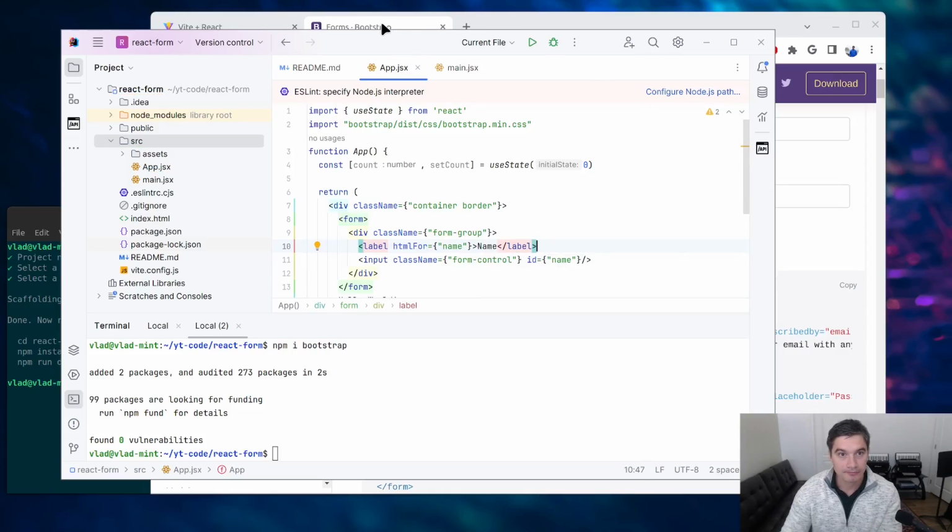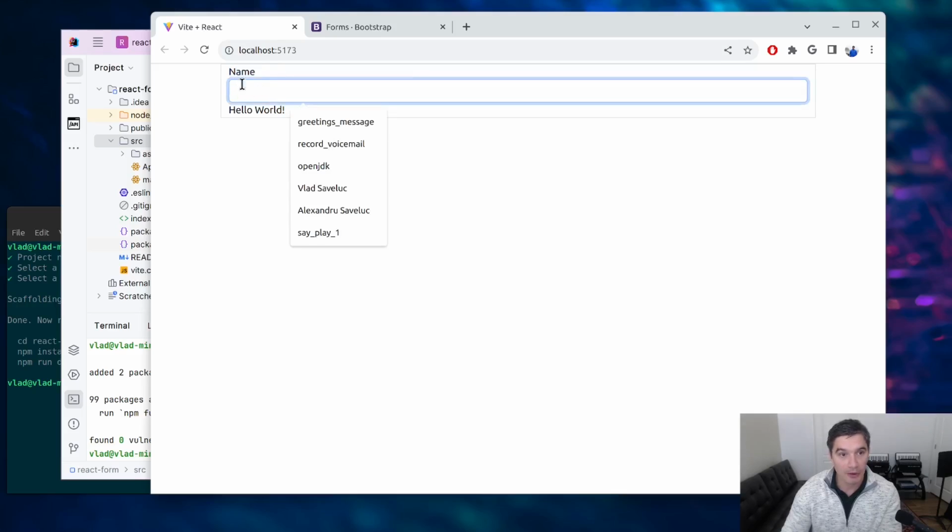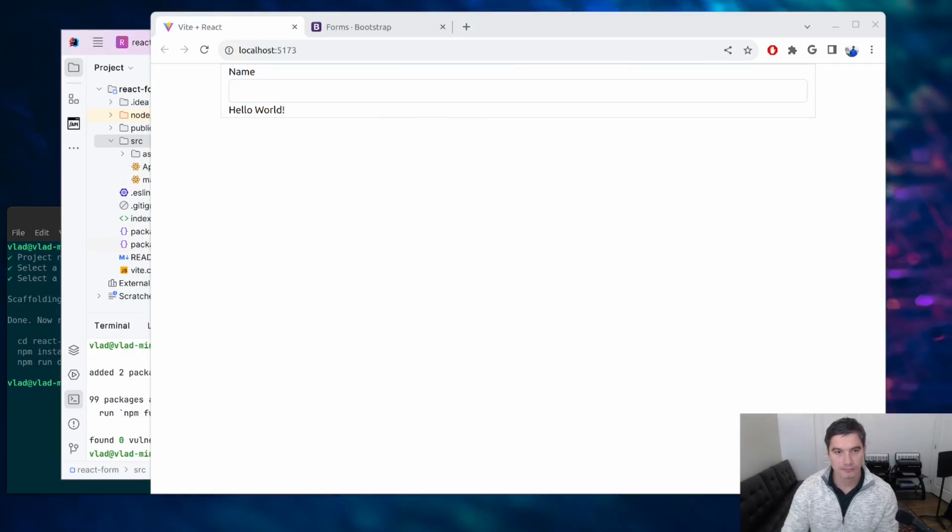Let's see. So yeah, we can see that it added this label, the input, and it has this styling. When we click on it, it adds this border. This is all coming from Bootstrap. We can see that the form inputs take up the entire width of the container, which for phones and tablets might be okay, but for desktop, I think they are too wide,